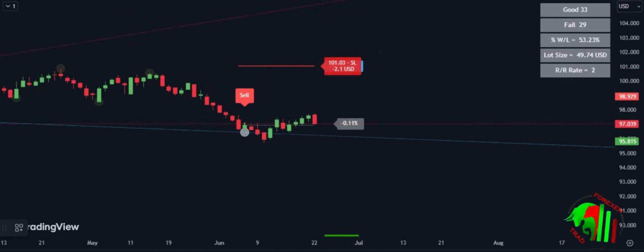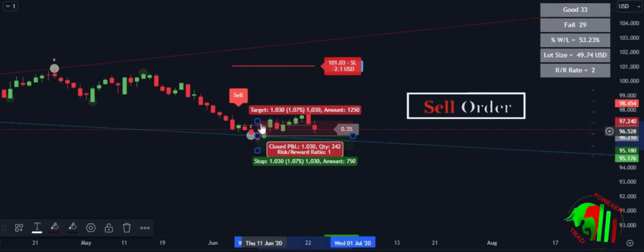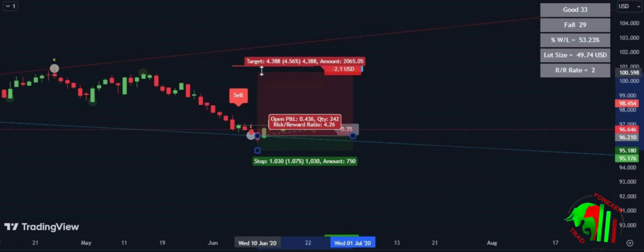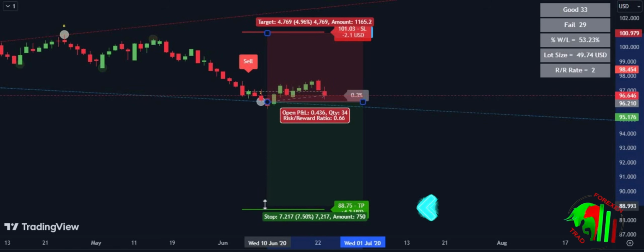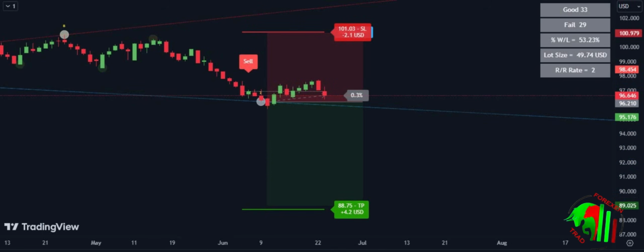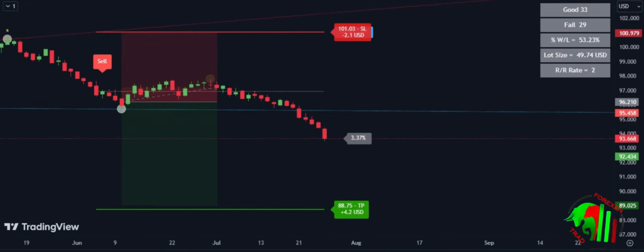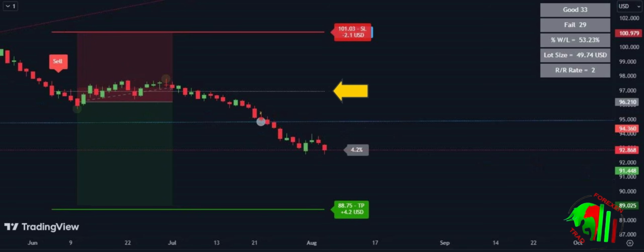It gave us a sell signal. As you can see, it has determined the appropriate place to set our stop loss based on the ATR indicator. The green line determines the profit-taking level. From here is our entry point. Here we have a line, which is the entry point. It will follow the price until it shows you where you entered. These three lines will follow the price and will not disappear until the price hits the target.